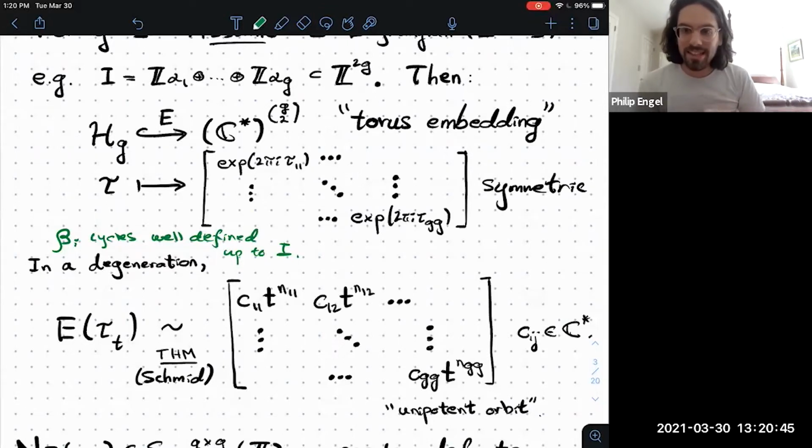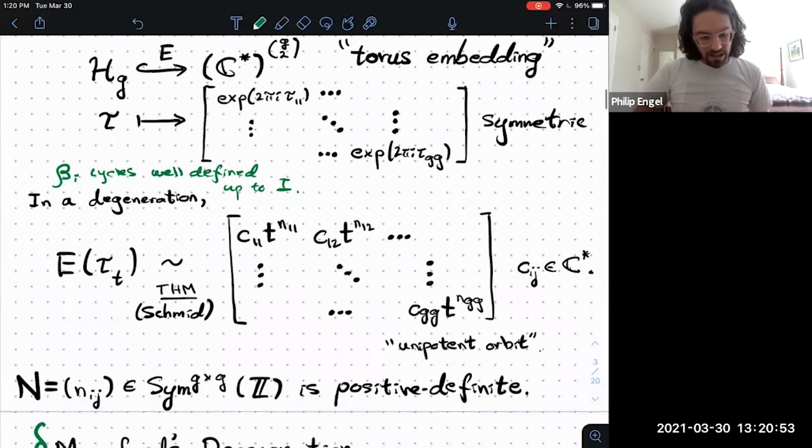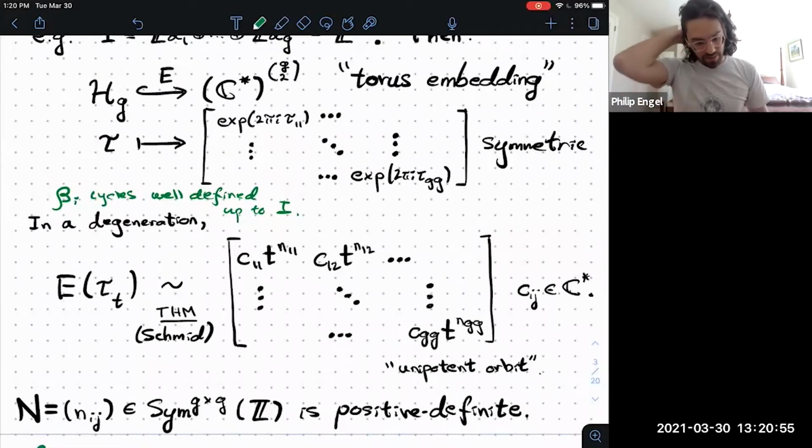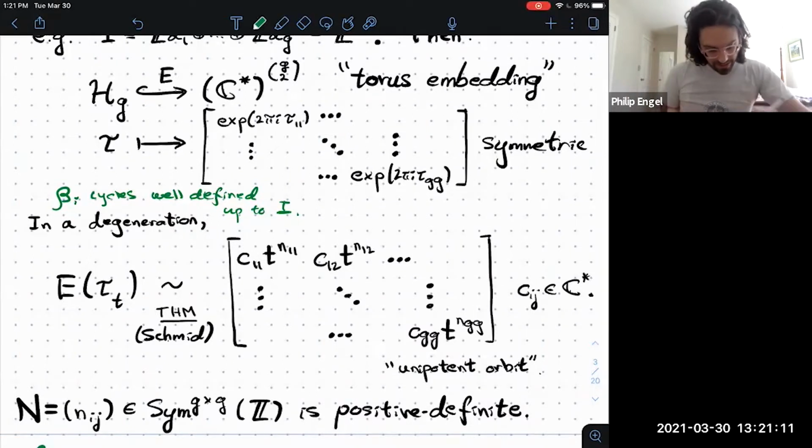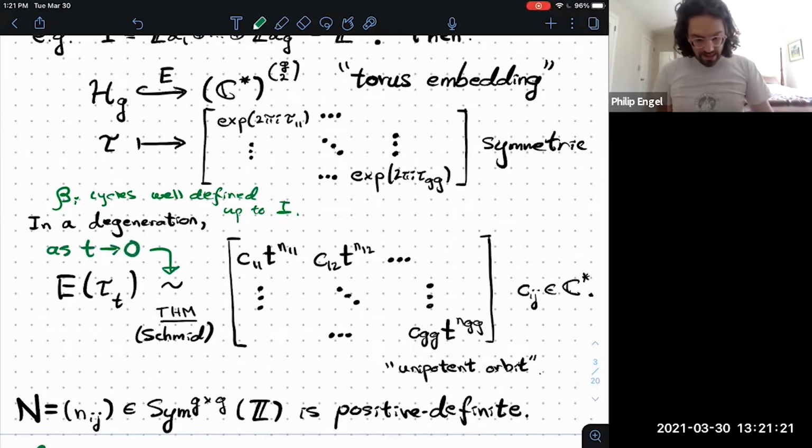So does that make sense? Okay, cool. Now I want to understand how this period matrix is degenerating. The theorem of Wilfried Schmid, the unipotent orbit theorem, says that if we consider this degeneration as t goes to 0, then this is asymptotic to